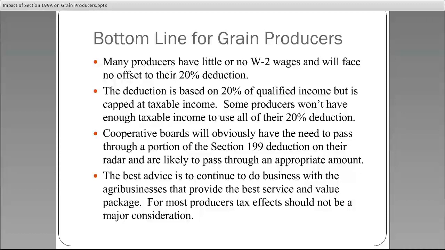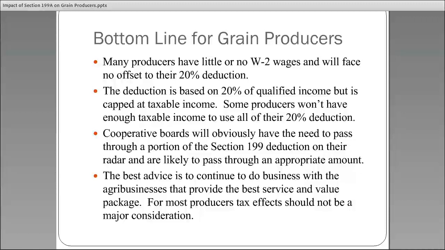If you've got someone that's got very, very high W-2 wages, and then of course if they're high income, then their 20% deduction is phasing out anyway, and so those people need to go talk to tax specialists and get into this deeper. But I think a simple question for an awful lot of producers is, if you don't have W-2 wages, not going to be a big issue. Even for the average producer, probably this is not going to be a huge issue, because the pass-through they get from the cooperative is likely to be about what they need.